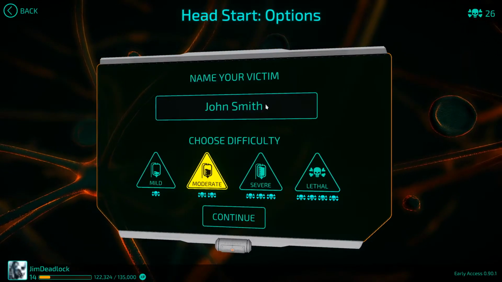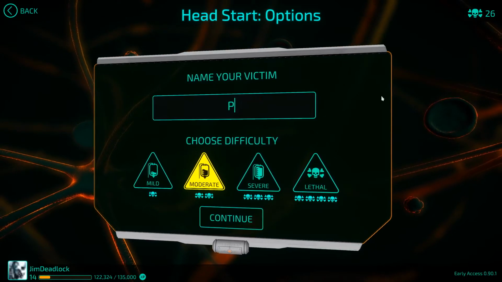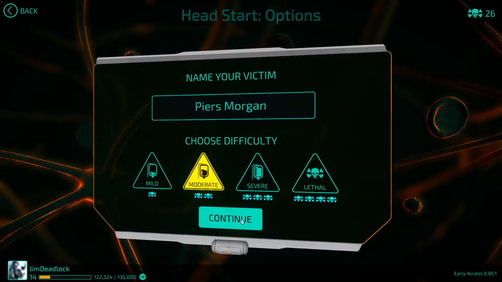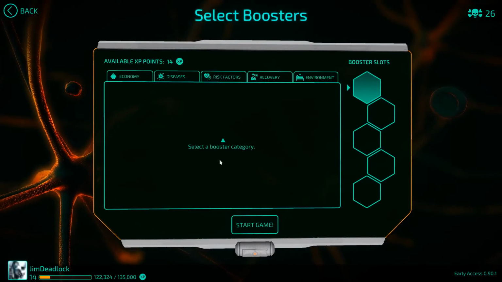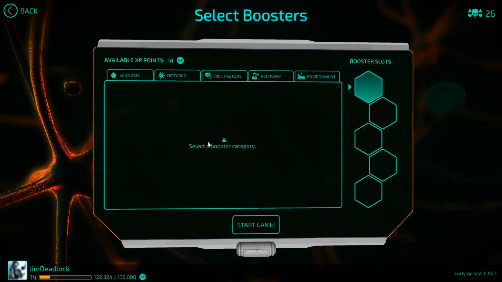Now the best thing about death is that you can name your victim, so you just choose someone you don't like. A lot of fun early on. After a while you just start leaving it on the default John Smith. Now here,